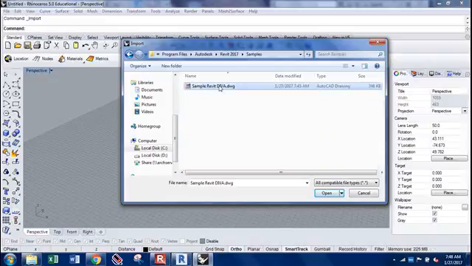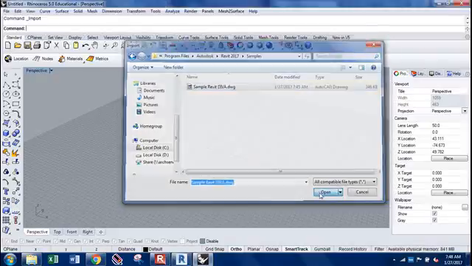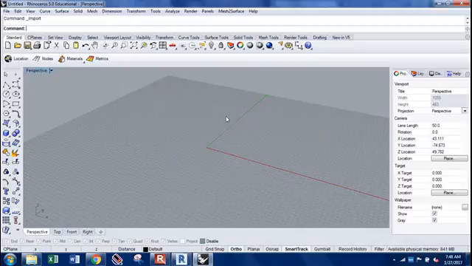So now that I found my DWG, this is what I'm going to want to import here,